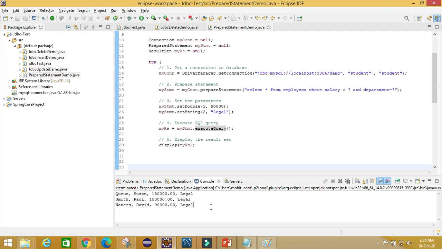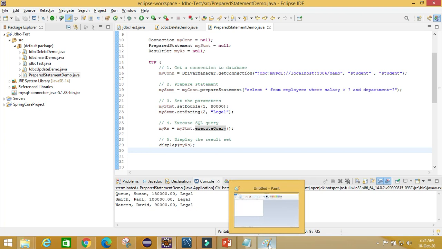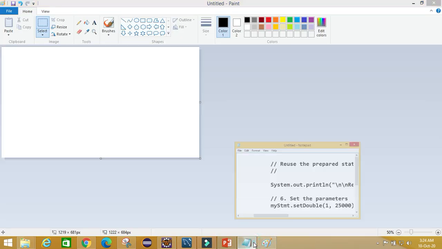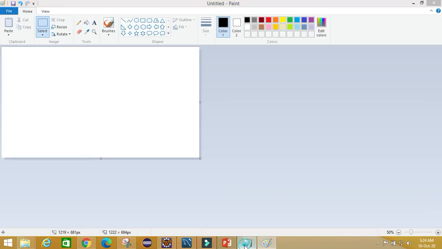In this way, a prepared statement also provides reusability. So I'm writing another snippet here.